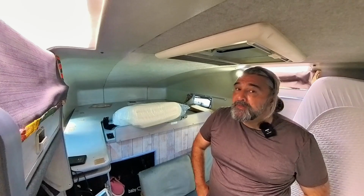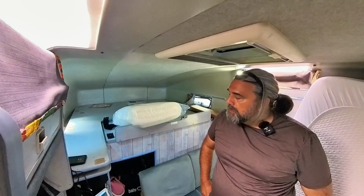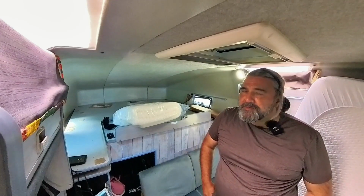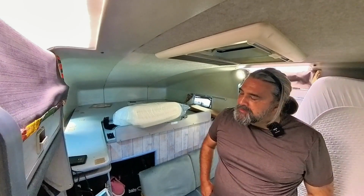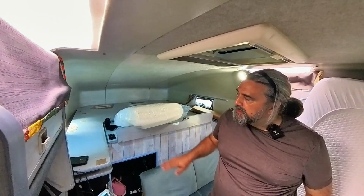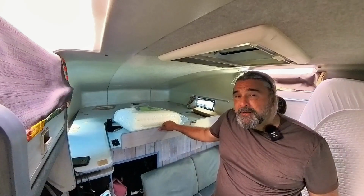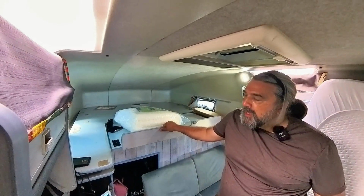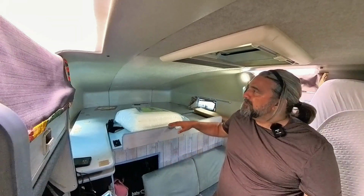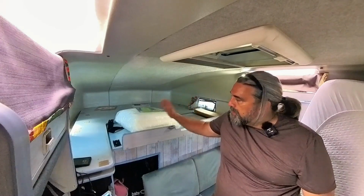So I went online looking for a product that would prevent condensation under the mattress, and there are quite a few different types of products. Some of them require to be fixed to the bed base, and as our bed base slides, that was unworkable. Others were quite high, and I'm not sure if you can see, but we don't have a lot of height to play with. So this product